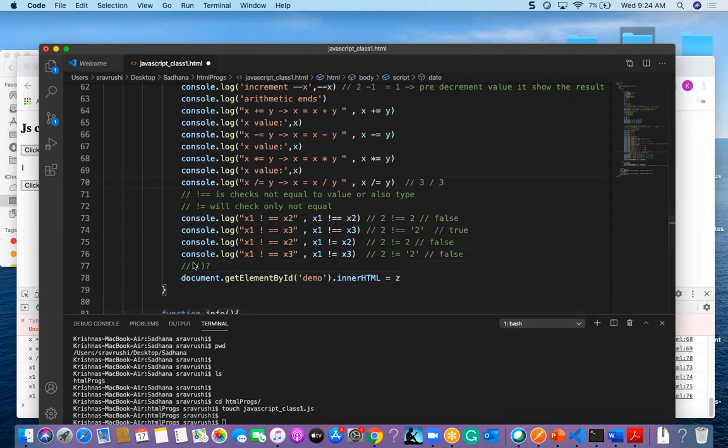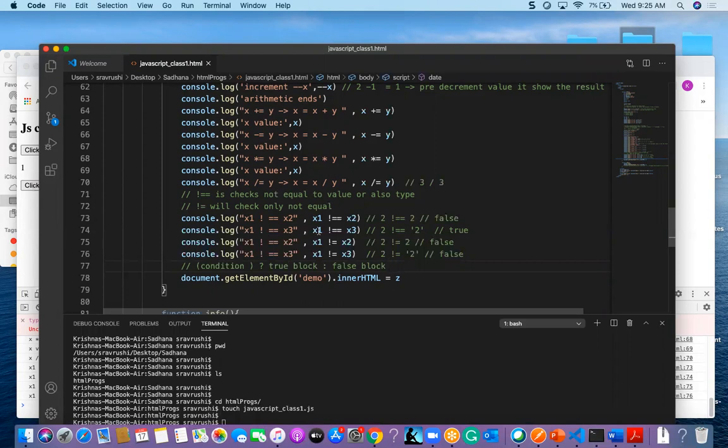Here it's like condition. If the condition is true, the true block will get executed. If it is false, then the false block will get executed. In general, the ternary operator decides whether the condition is true, go and execute one thing; if it is false, go and execute another.